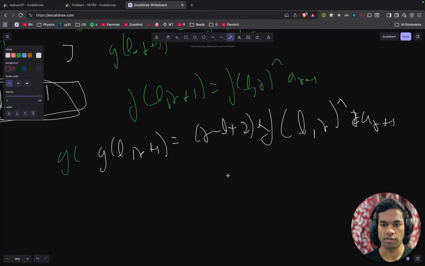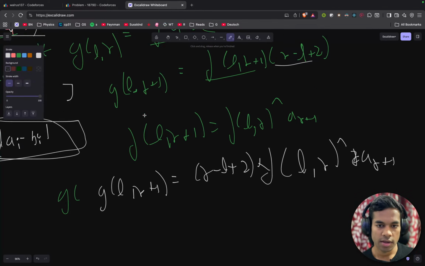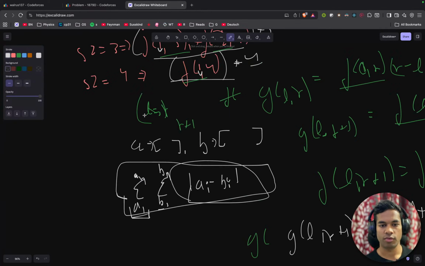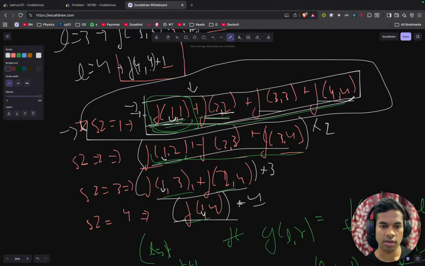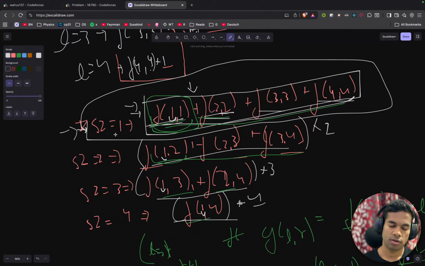But this does not help. Yep, this does not help. There has to be some other relation in these. Either we go size by size. Oh,